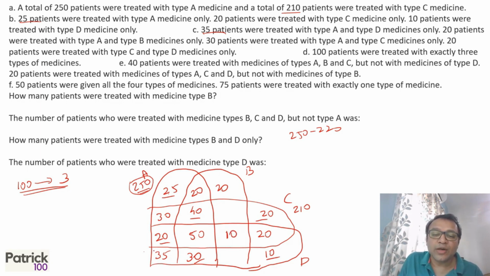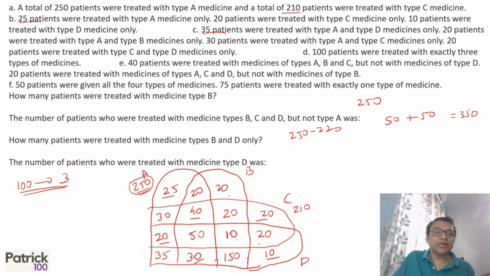Right. Now we know C is 210. So subtract what we already know: 20 plus 20 plus 10 is 50, 50 plus 50 is 100, so 190 we know. What is left is 20. That's C, total 210. Now we know total is 500. From that, A is 250. Now what is outside A? 20 plus 20 plus 10, which is 50, and 20 plus 20 plus 10, which is again 50. 50 plus 50 is 100. So 250 plus 50 plus 50 is 350 data we know. We're left with 150 data, which should be here, 150.